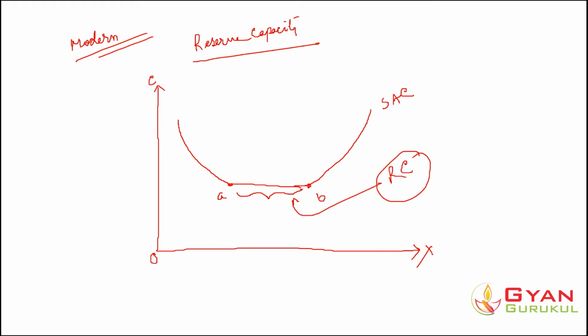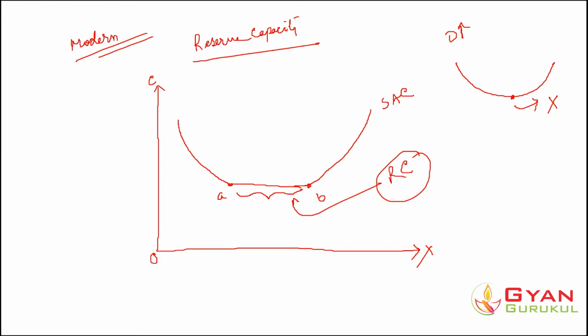See what happens. Sometimes in the short run, in the market, demand suddenly increases. What was the conventional theory cost curve? The conventional theory cost curve was like this. Let us suppose the firm was optimally utilizing a plant at this point, at the optimal size of the plant. Now if demand suddenly increases, the firm could not increase its output beyond this point because this is not efficient for the firm.